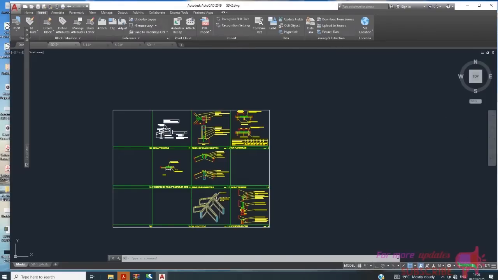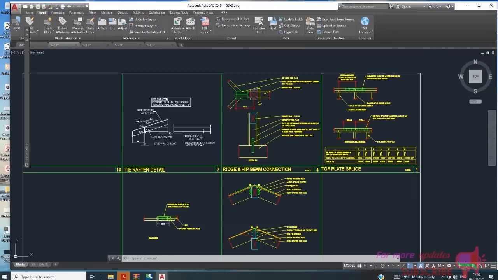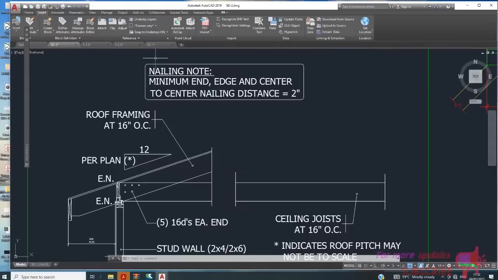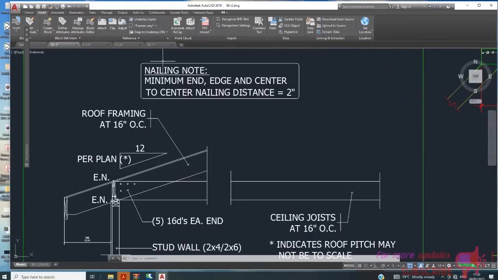Structural hip roof design detail in AutoCAD. We will start with the tie rafter detail. Stud wall, roof framing, ceiling joist,